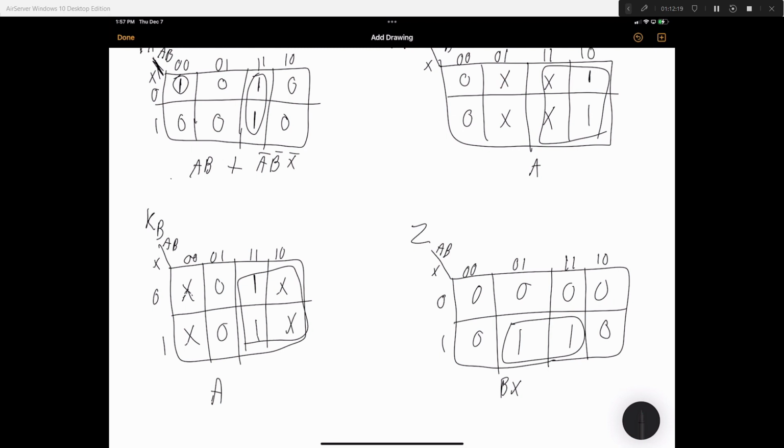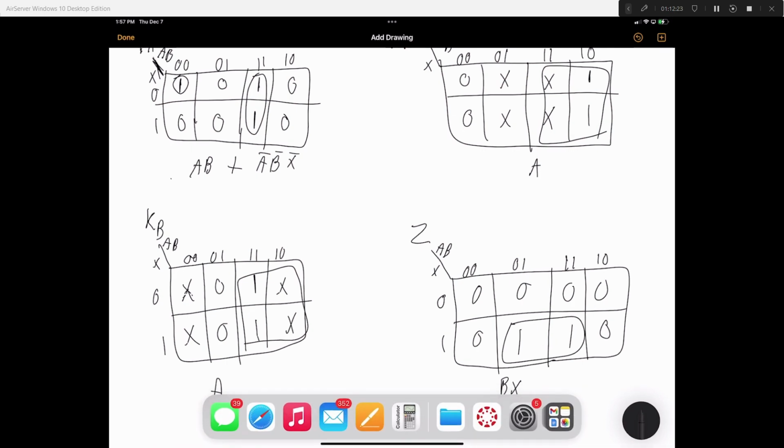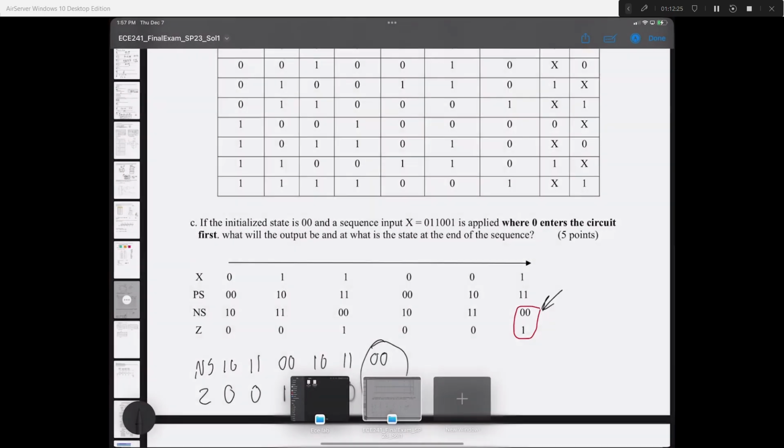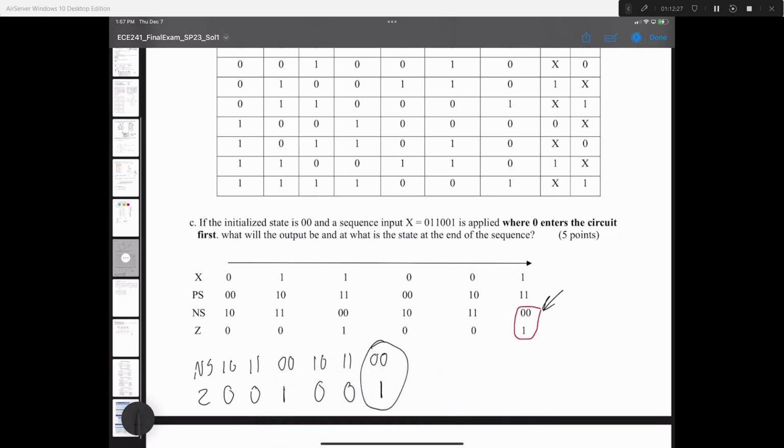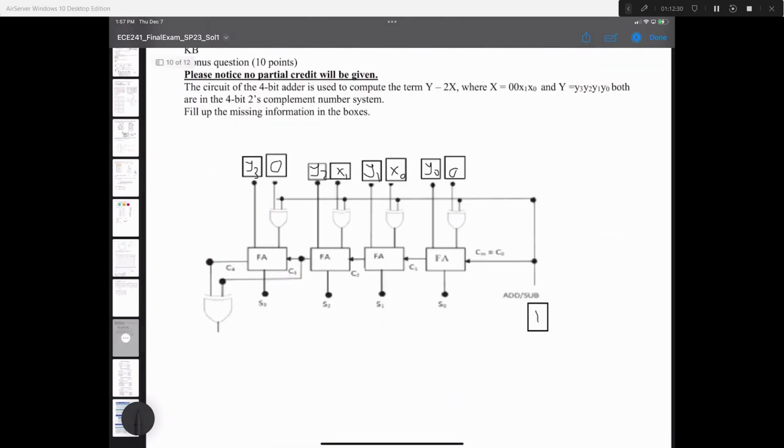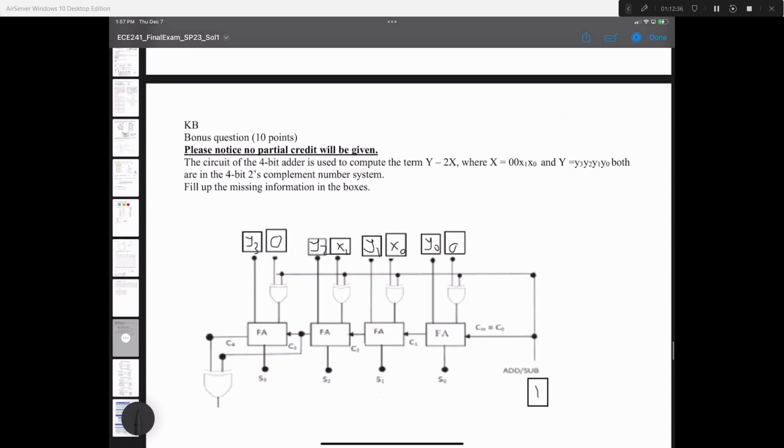Anyways, last question. We'll go to here. Where is the file? Last question. Here. So, using 4-bit adders, compute the term y minus 2x, where x is x1, x0, and y is